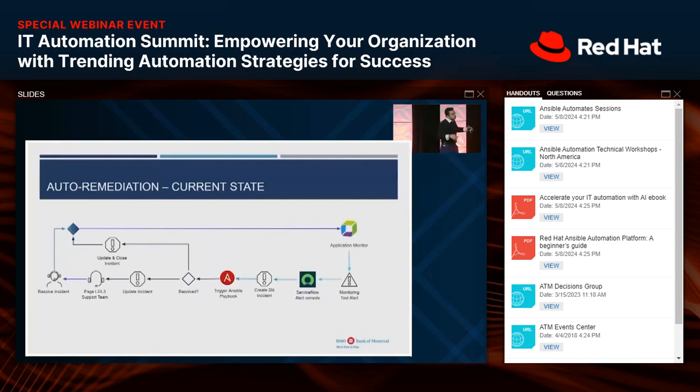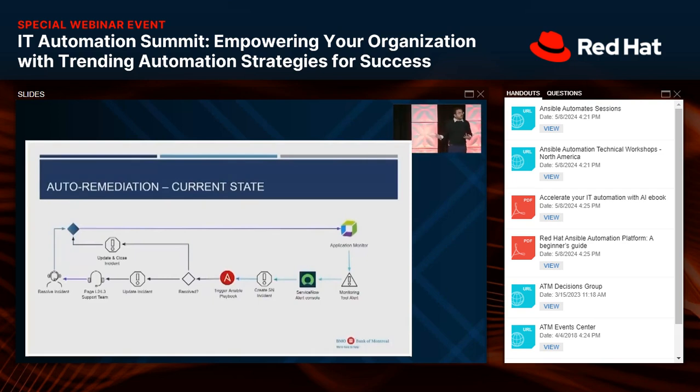If you look at this for a second, there's nothing wrong with this. This is actually a great flow. So why did we do the POC for Dynatrace, or using the Dynatrace tool and using the new Ansible?